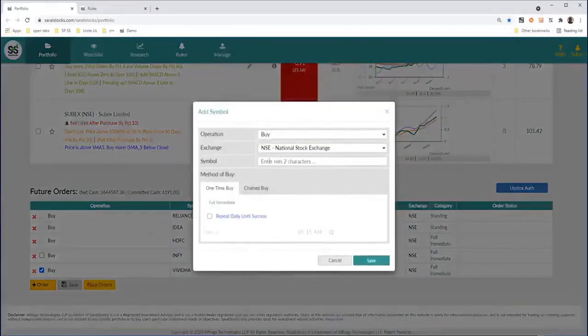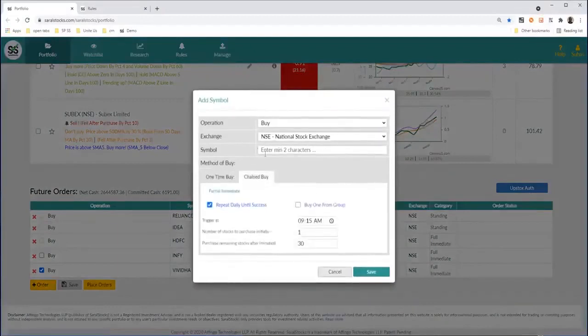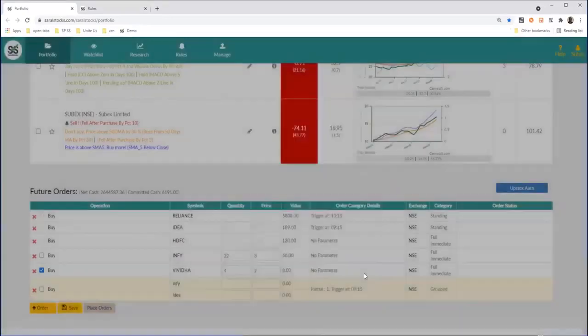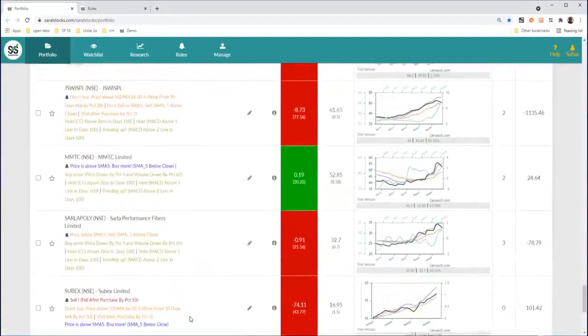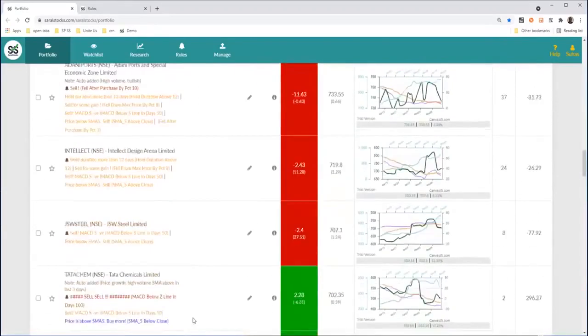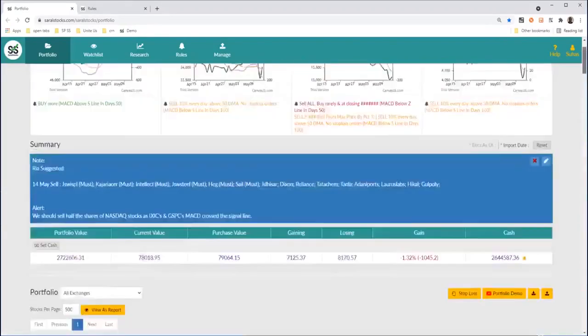You can place the orders for a specific stock or a group of stocks to be bought. For example, you can buy Infosys or Idea, and if any of these stocks starts to trend and reach a set price, that stock will be bought and the order for the other stock will not be placed. So one stock gets bought and the other order gets cancelled. That's how easy a way you can manage your portfolio as well as add to your new stock.